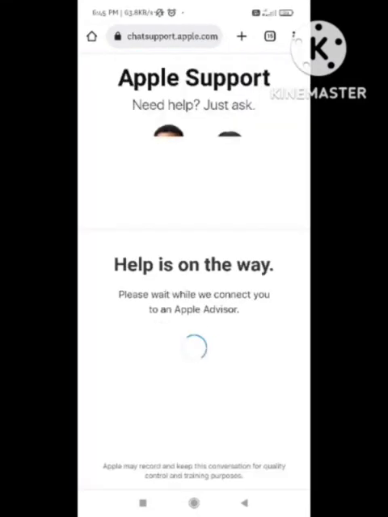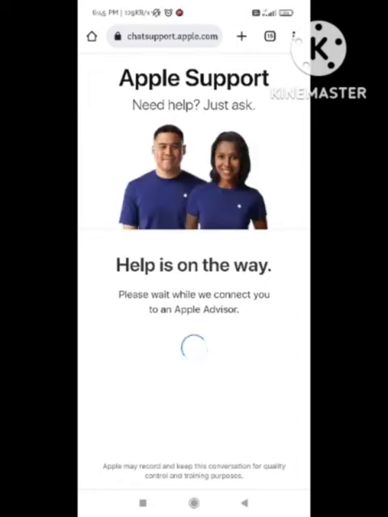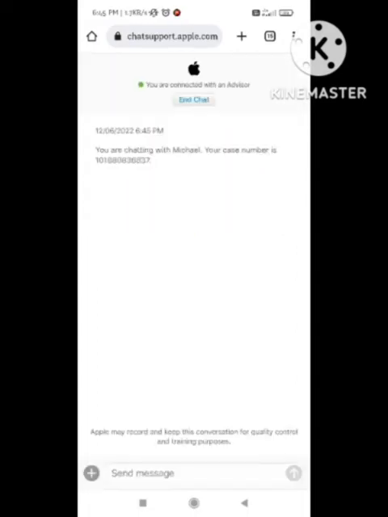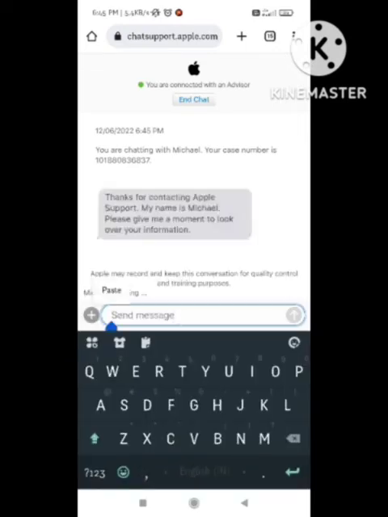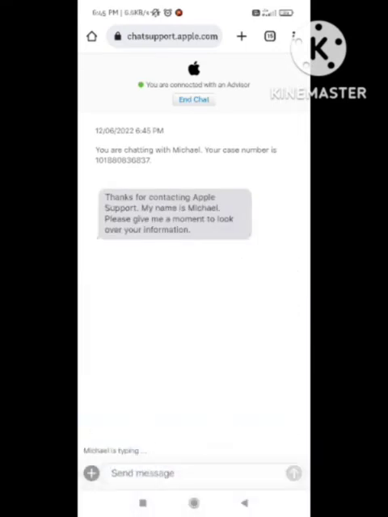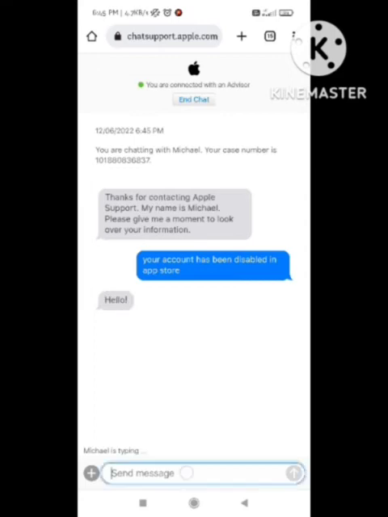load, and there is an option, help is on the way. You just need to wait while this problem is being fixed. So wait some time and a new page will appear here. You can see there are multiple types of options that came out there. So there is a direct chat option that came out with the Apple customer support, and we can now contact them and tell them about our problem, and they will simply fix this